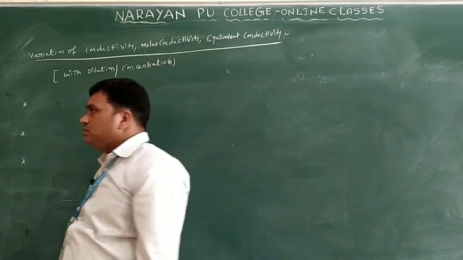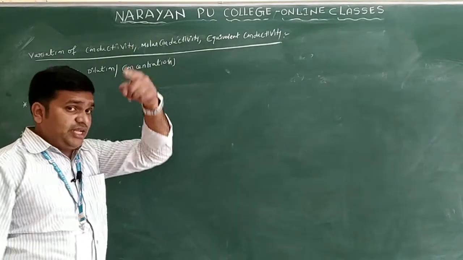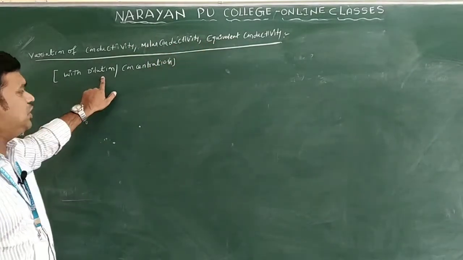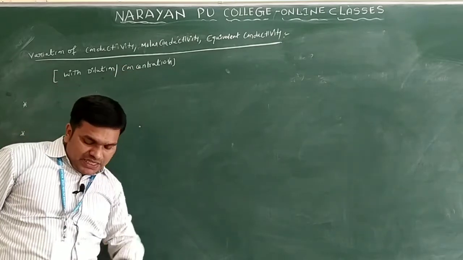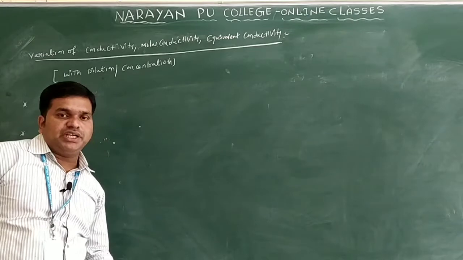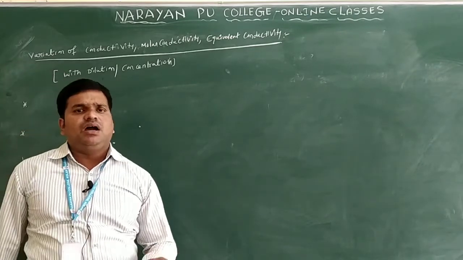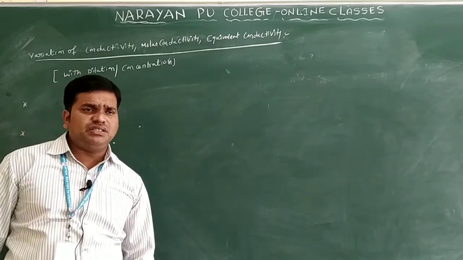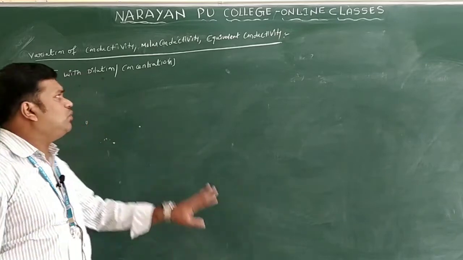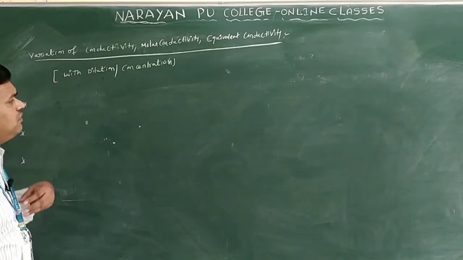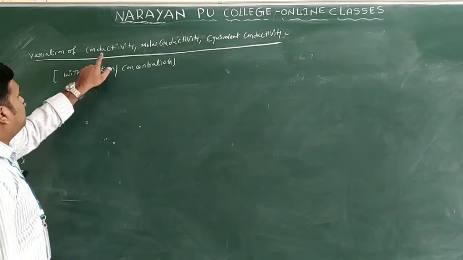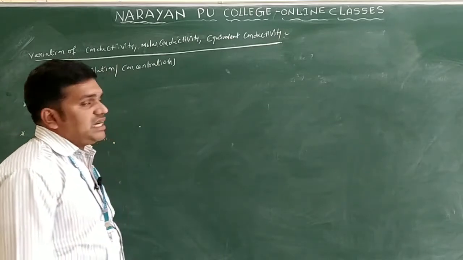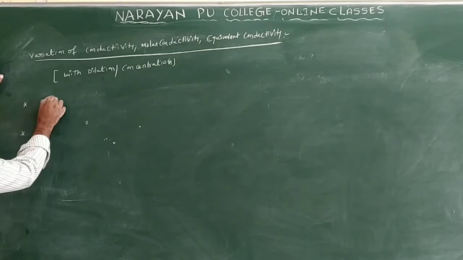See, the next concept we have is variation of the conductivity, or you can say another name is specific conductance, molar conductivity, equivalent conductivity with dilution or concentration. So how does dilution or concentration matter here? If the dilution increases, generally dilution means adding of water, and as dilution increases, the concentration of the solution decreases. So by adding water, how they change with the concentration or the dilution. Particularly we can take the conductivity, molar conductivity, and equivalent conductivity. Let us take the first one, conductivity.